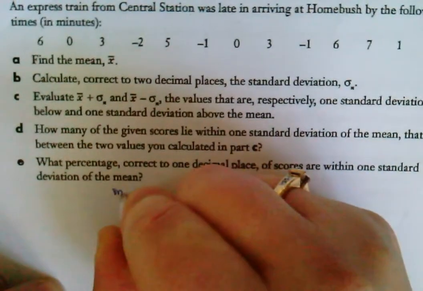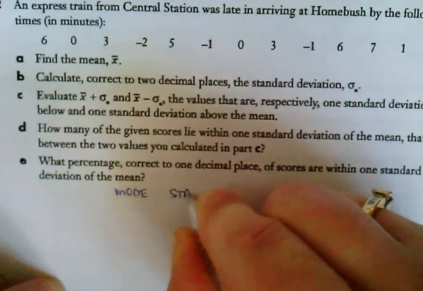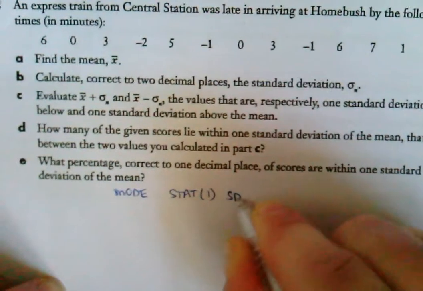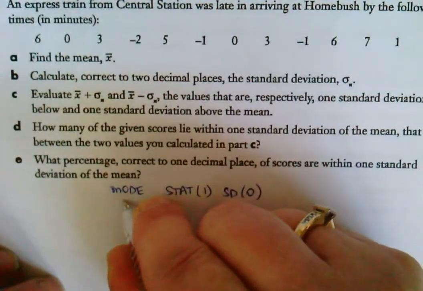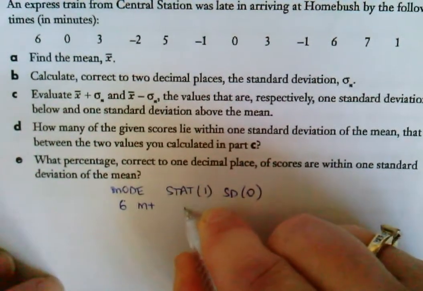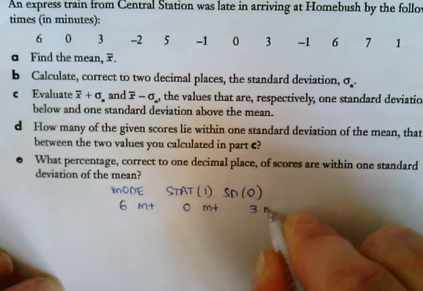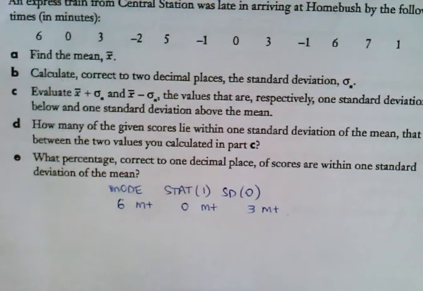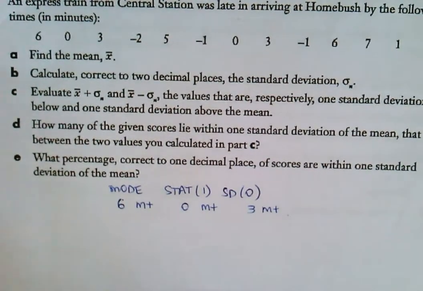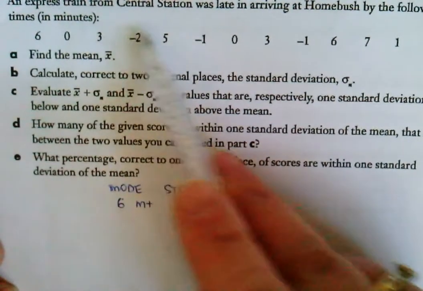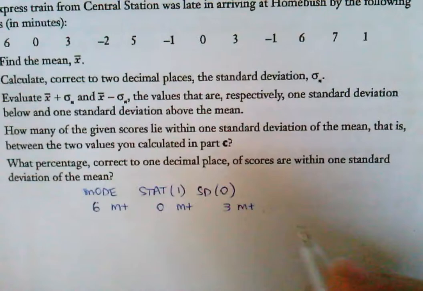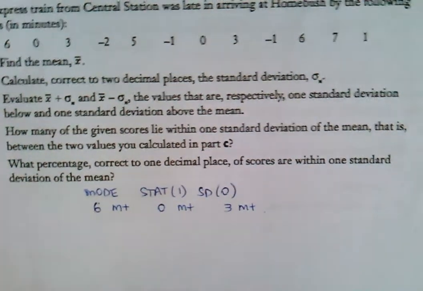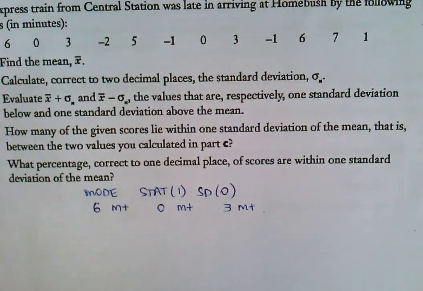Mode, which I believe is mode, stat I think is number 1, and SD is 0, there for the blue calculators. Then when you enter your data, you'll be going 6, M plus, 0, M plus, 3, M plus, and so on. And every time you enter some data, it will say data set 1, data set 2. And make sure you've entered 1, 2, 3, 4, 5, 6, 7, 8, 9, 10, 11, 12 numbers. All your data, your calculator should say data set 4, depending on what sort of calculator you've got. And then we